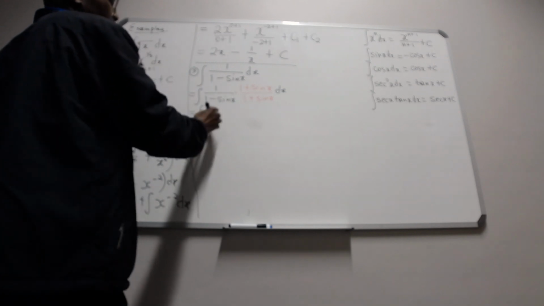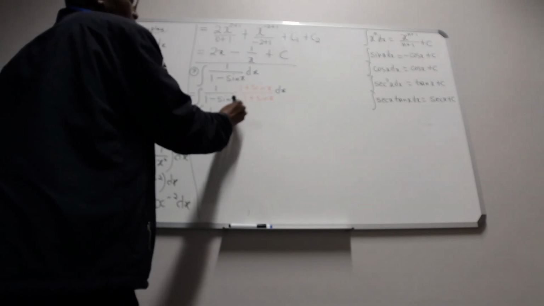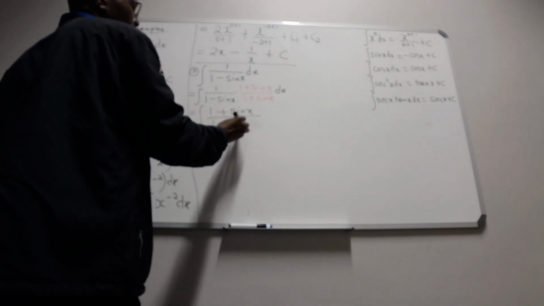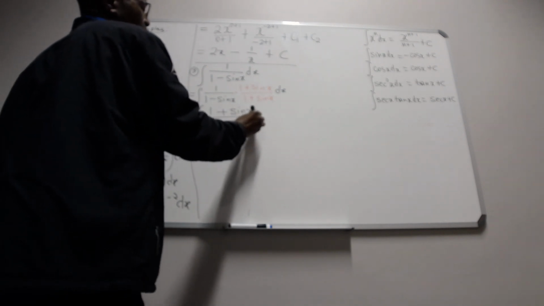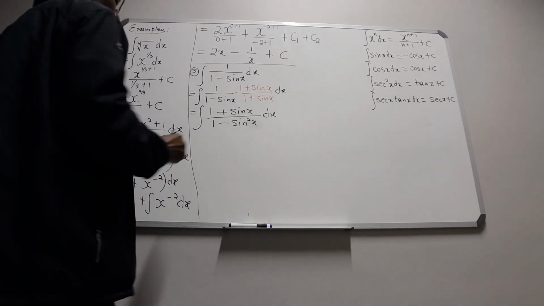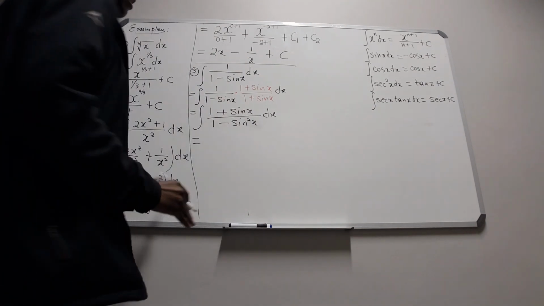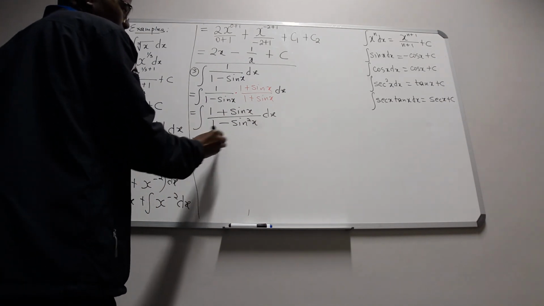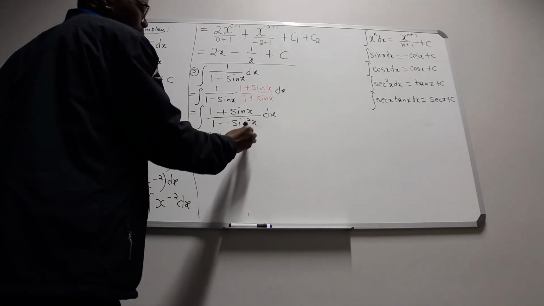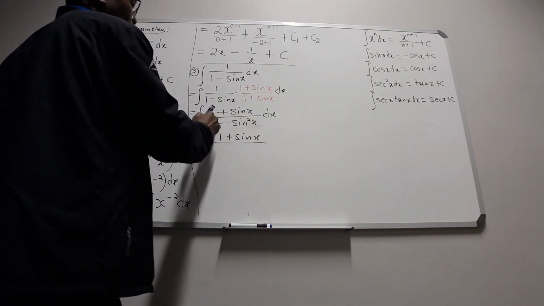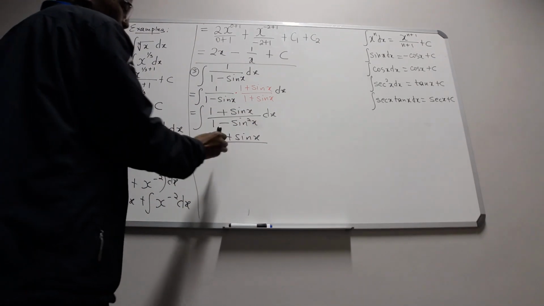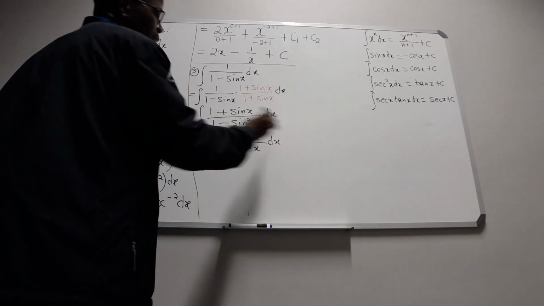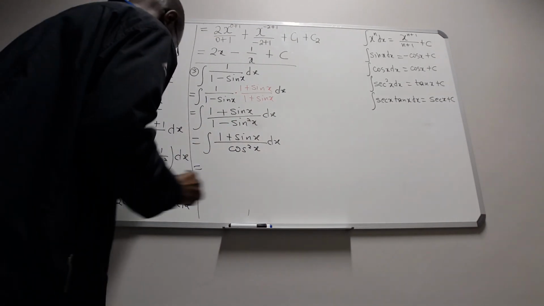This is going to give us 1 plus sin x over 1 minus sin squared x dx. And when we are there, still, we cannot use those. But we know that 1 minus sin squared x is equal to cosine squared x,